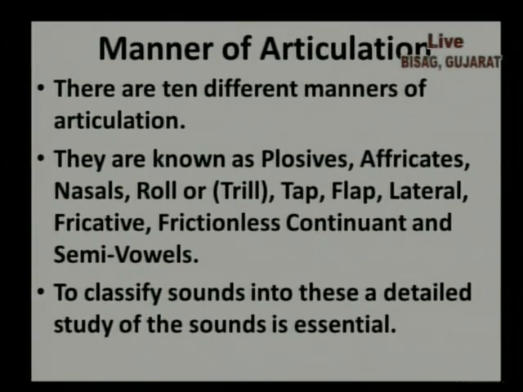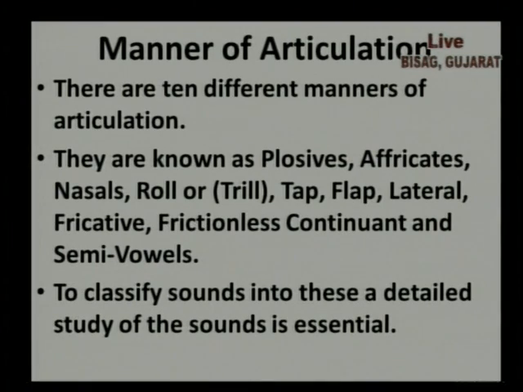Now we deal with manner of articulation. This is the third part of knowing whether it is a consonant sound or not. We remember we did two things. To know whether the sound is a voiceless sound or a voiced sound, you need to focus on the vocal cords. The second thing is the place of articulation, where the sound is produced. And the last thing is the manner of articulation, how the sound is produced. For this, to know the manner of articulation, you need to go in depth to know how the sound is produced.